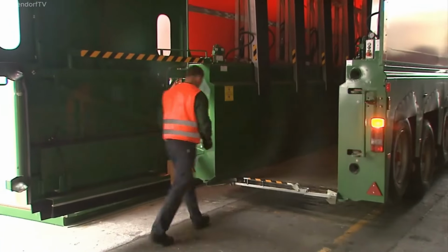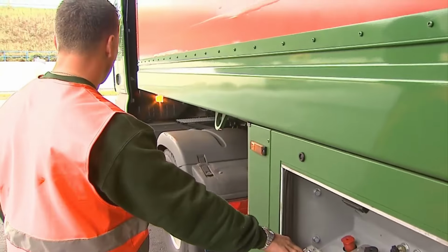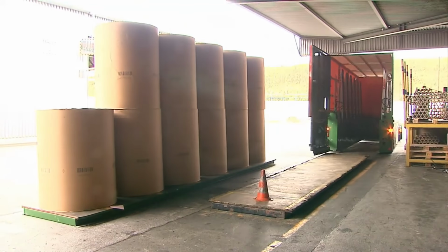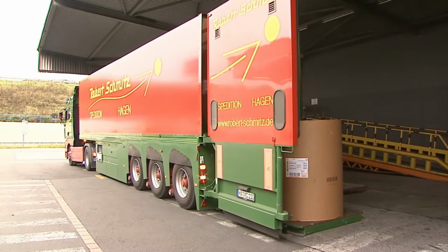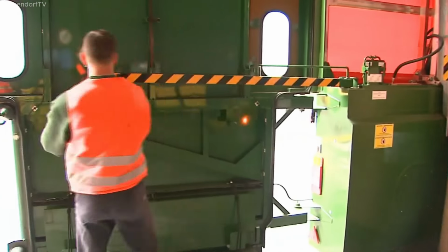The system's modular design enhances operational versatility, and all loading operations can be executed with a high degree of repeatability and efficiency. With over 30 years of experience in specialized vehicle design, Langendorf combines proven mechanical engineering with practical handling features to deliver a high reliability in